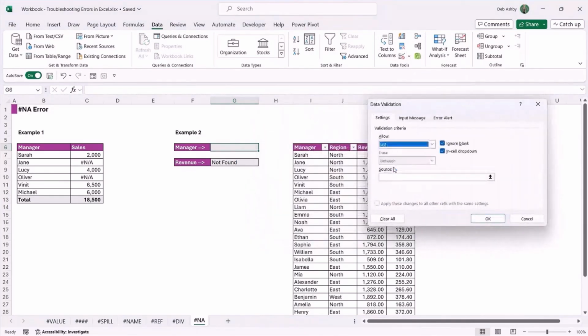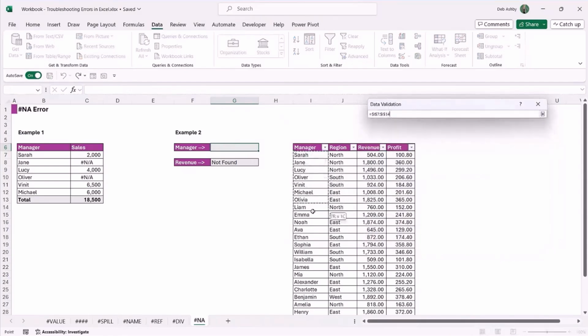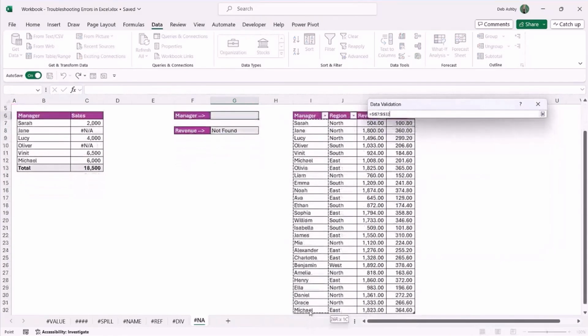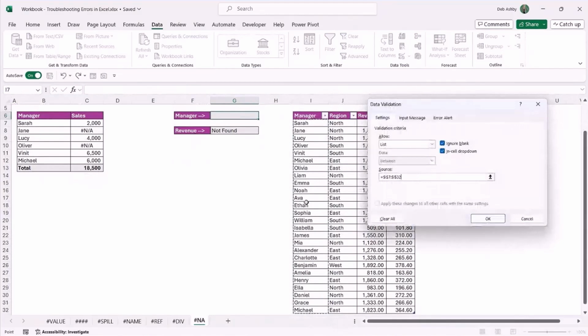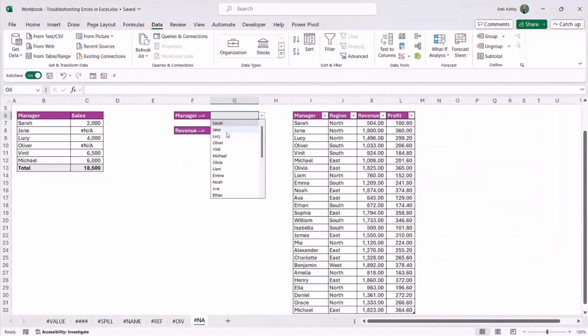We're going to say we want to create a list, and the source of our list is going to be all of our manager names. So I'm just going to select all of these. Remember, you can use the keyboard shortcut Control-Shift-Down Arrow to select all of the data in a column. Click on OK, and it means that people are now restricted to typing or to selecting here what they see